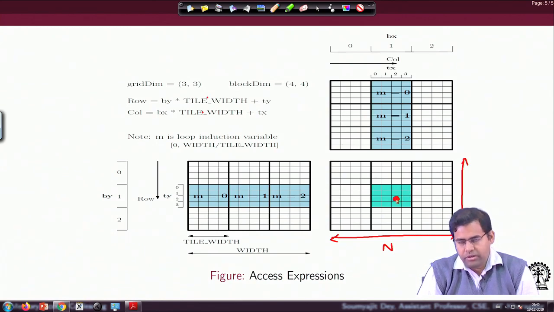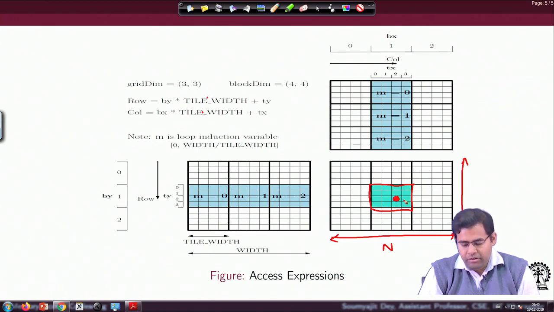But now we will do something different. The threads of the corresponding block would do collaborative access and collaborative computation, and when all the threads for this block finish, they are done computing all the elements for this tile in the output matrix.